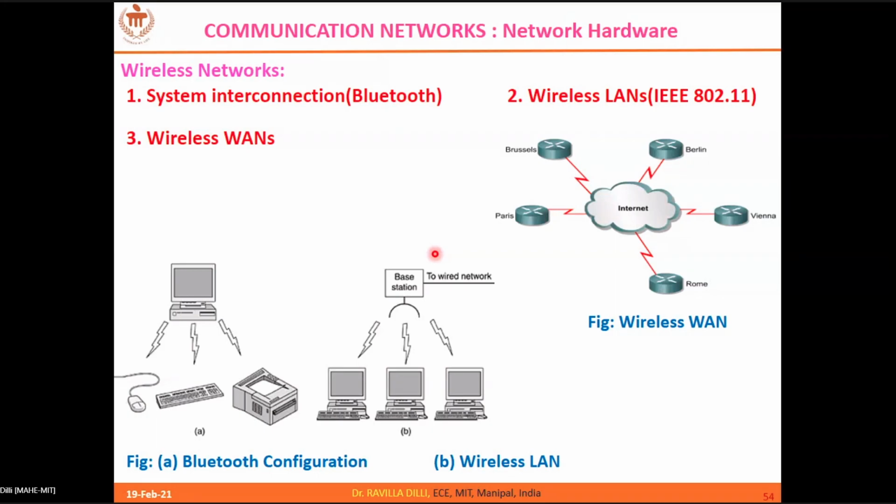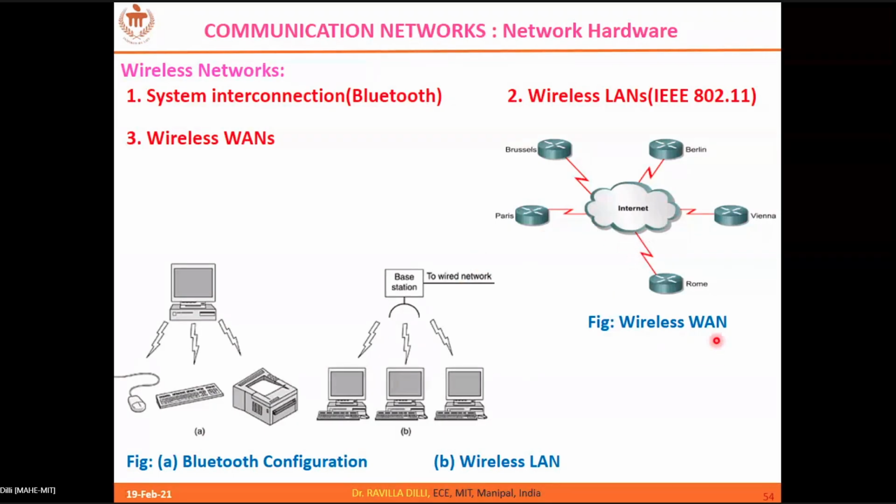Coming to wireless LANs, it's a kind of network in the campus where you can see multiple laptops or computers, even mobile devices. You can have wireless access through an access point, and usually we have installed multiple access points. Even in the academic blocks, you can see access points in the corridors, and similarly in the hostels also. The other end of this access point is a wired network. So this is called a wireless LAN.